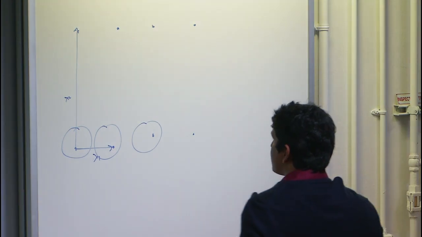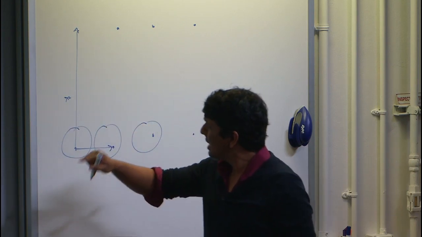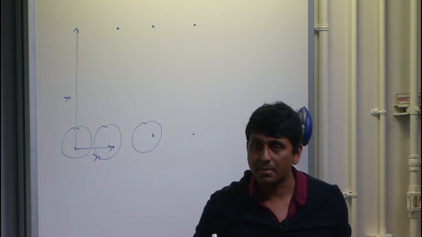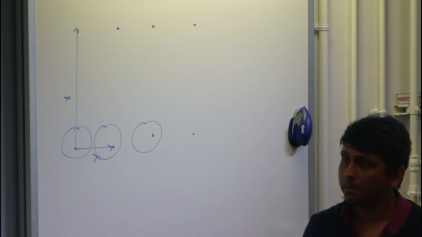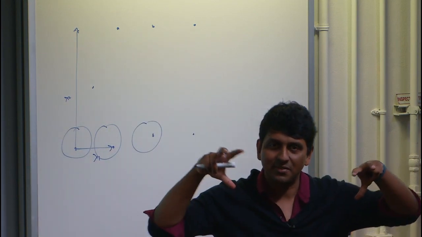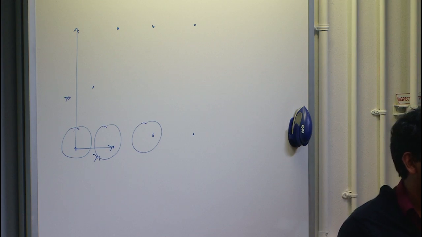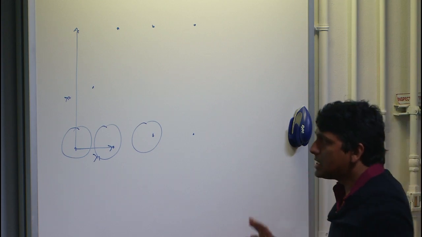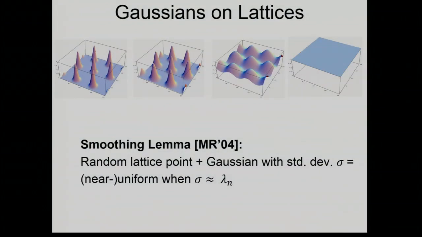Really, the theorem says as long as you manage to choose the radius of this ball to be about square root n times lambda n, you are going to cover the entire space. In fact, you're going to cover it uniformly. So you need something like that to even reach the deep hole, the internal point of the parallelepiped. It says that's the minimal thing, that's the sufficient thing. Okay, so this doesn't depend on the basis. It's an invariant of the lattice. So I give you a lattice that has a smoothing parameter, just like it has a shortest vector. It's a quantity associated to a lattice.